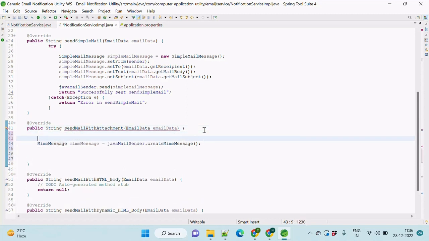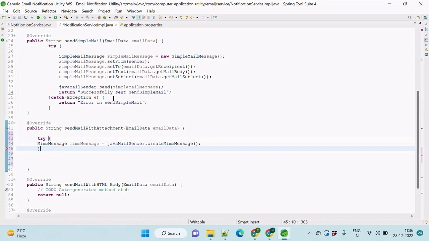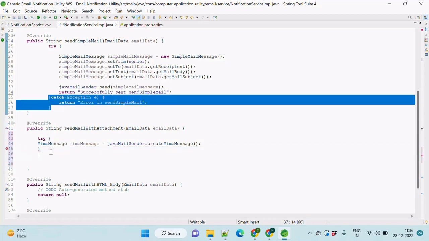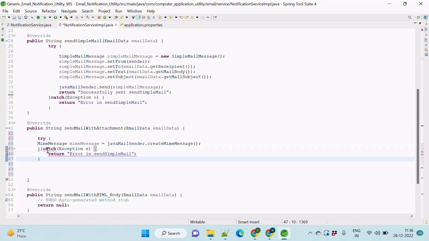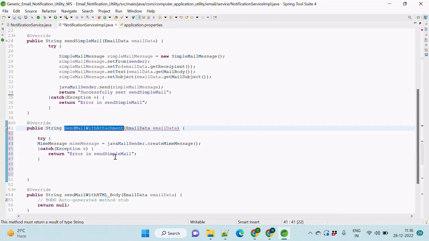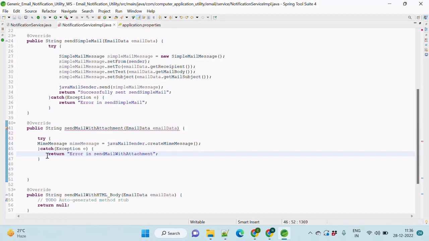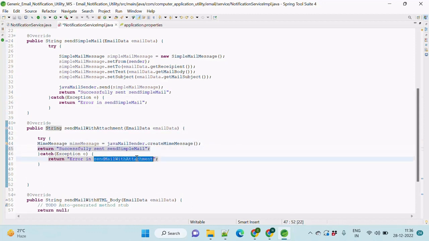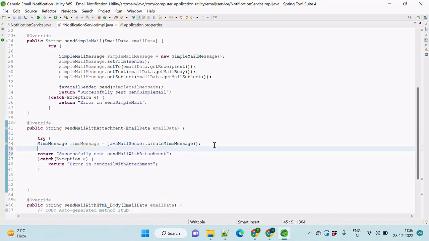And first of all, we also need to write all this code inside the try block, and we can use the same catch block from here. Inside the catch block we will write here "error in send mail with attachment," or in the end we will write the message. Okay. Let's go ahead,